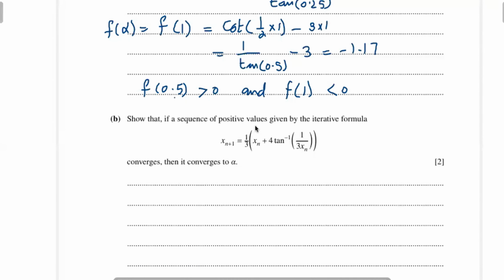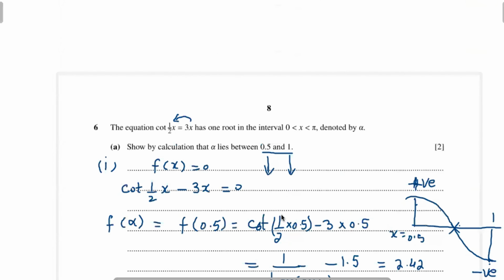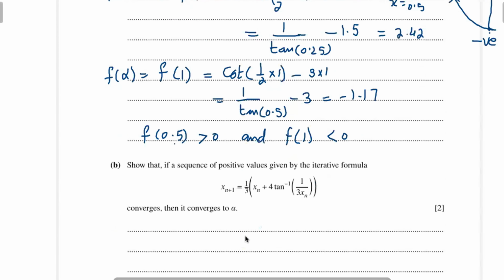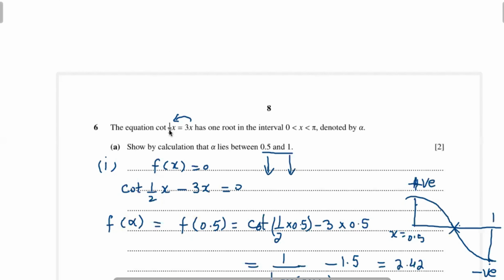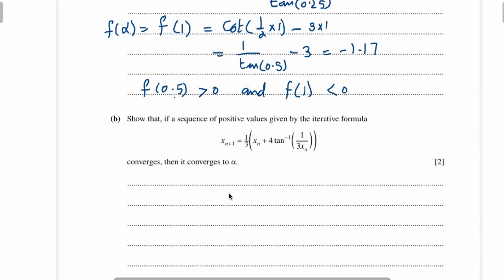Part B: show that if a sequence of positive values given by the iterative formula converges, then it converges to alpha. If this converges to alpha, we have to rearrange this equation in this form, and the result should be cot of 1 over 2 x equal to 3x. Now we write this equation as x equal to 1 over 3 into x plus 4 tan inverse of 1 over 3x. Now we rearrange this